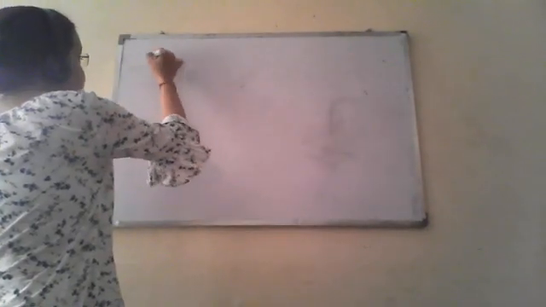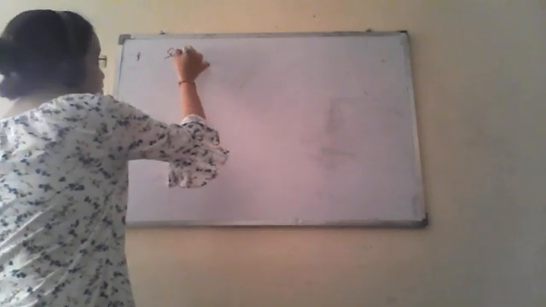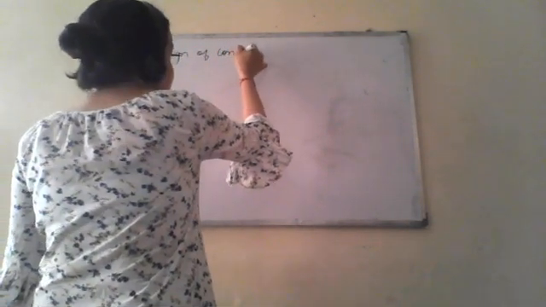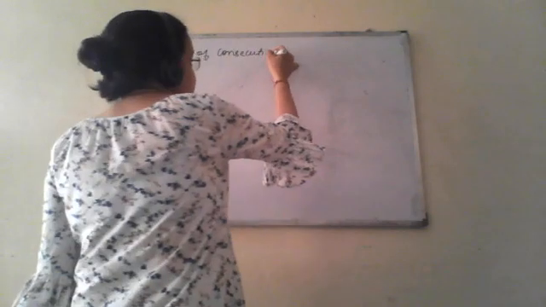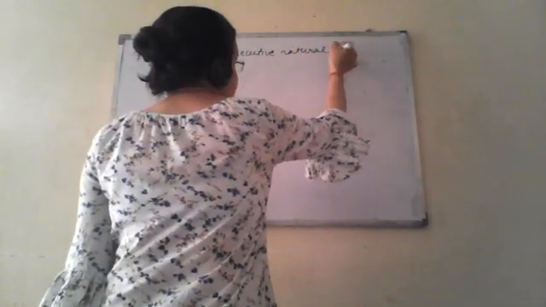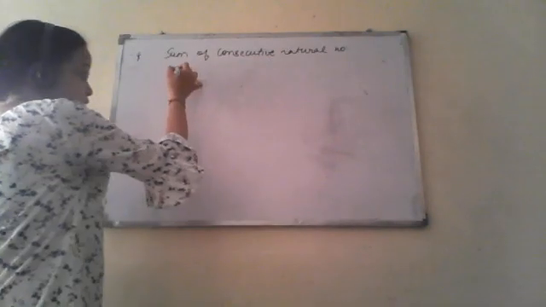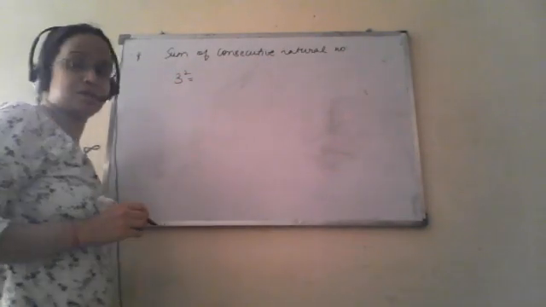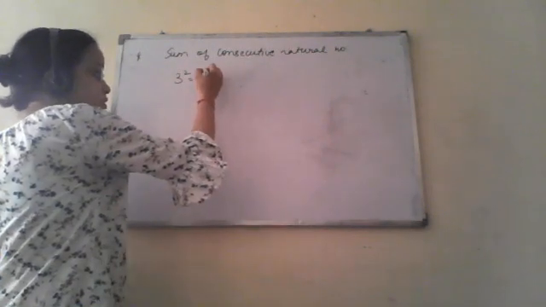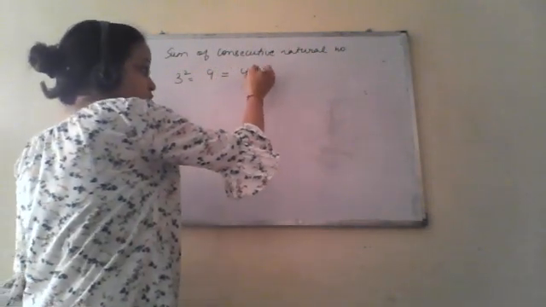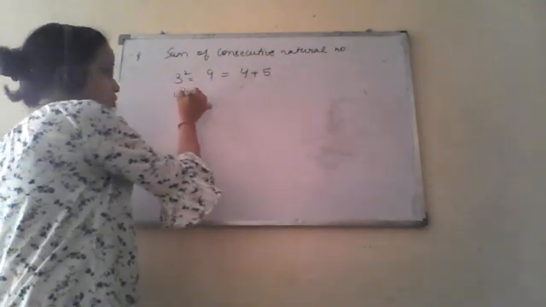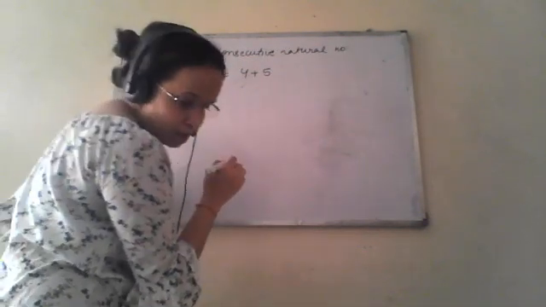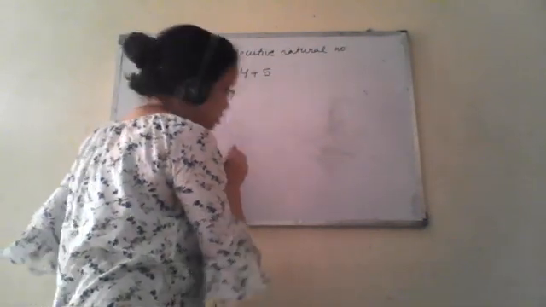Now next property. Next is sum of consecutive natural numbers. How are these perfect squares expressed as a sum of consecutive natural numbers? Okay, so this is 3 square. If we say 3 square, it is 9, and it can be expressed as 4 plus 5. If we talk about 4 square, that can be expressed as,